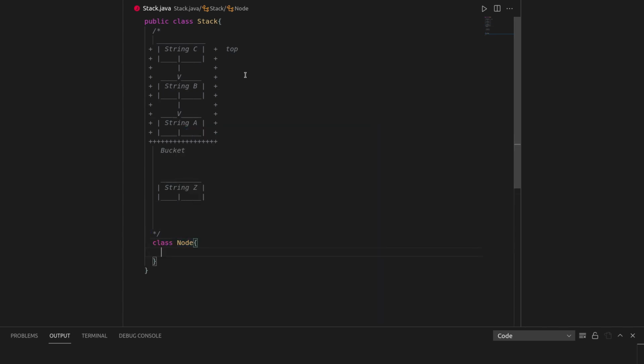So this class will contain a string as well as a pointer towards the next element below it. Now first let's create a node which will be at the top, and let's initialize it to null.